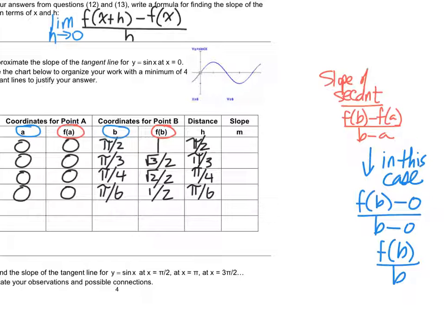So basically my f of b column divided by my b column: 1 divided by pi over 2, radical 3 over 2 divided by pi over 3,